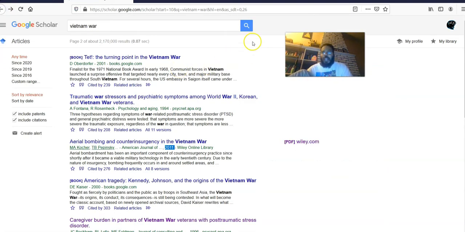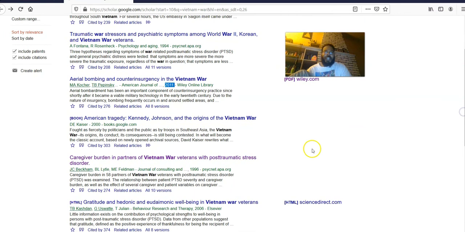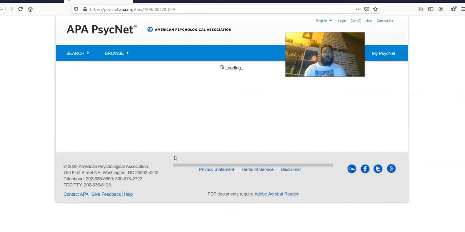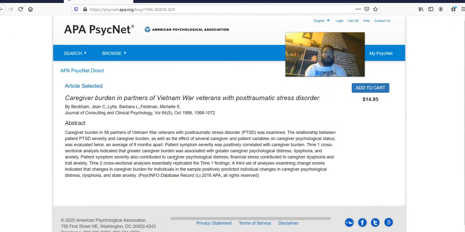But let's say that I have an article like this, and I do not have this convenient little link toward the side. As you can see, we've got Journal of something here. So this isn't a Google Books thing like this is. This is actually a journal article, and it's something that we are going to want to pull up through Journal Finder, because if I click this link right here, it is telling me to buy the article, and that I have to pay $15.